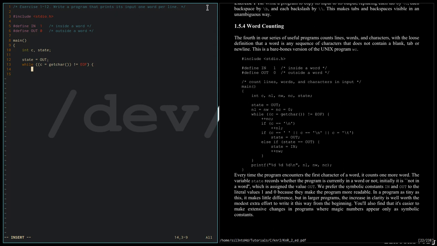So here we're going to use the if statement for when the input is a blank space, a new line or a tab. So if the input is a space or the input is equal to